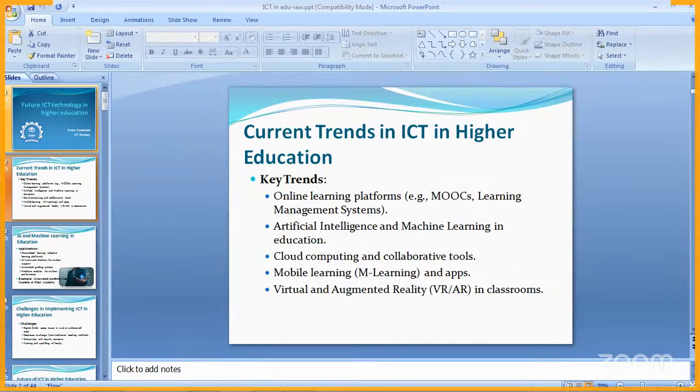The reason is that it is going to open a wide spectrum of bandwidth, and the cost will also drop hopefully. Because of the availability of more bandwidth, we will be able to push more types of content and utilities to the distance learners. And 5G is going to be another step ahead into the higher education future.